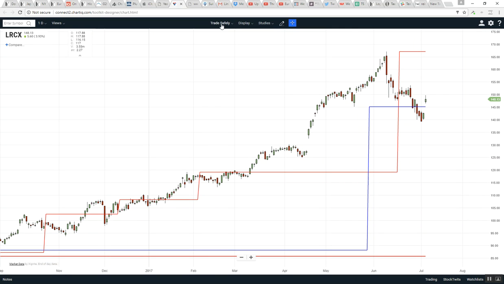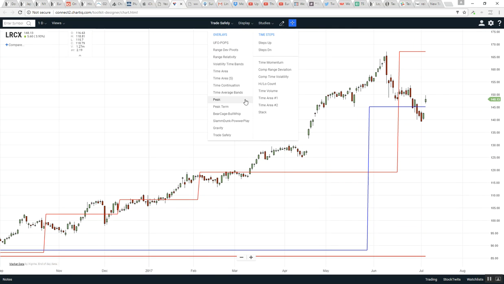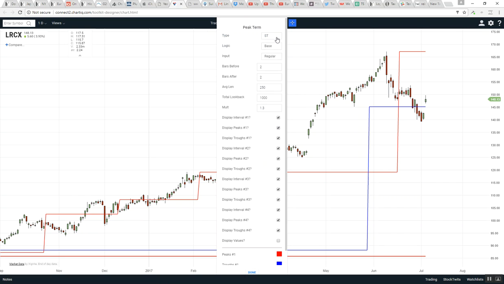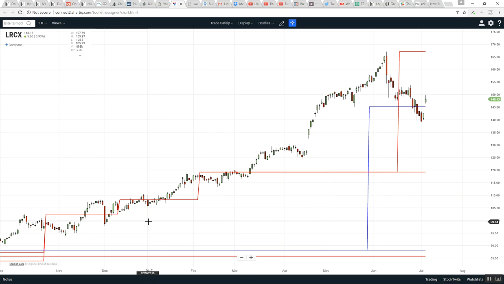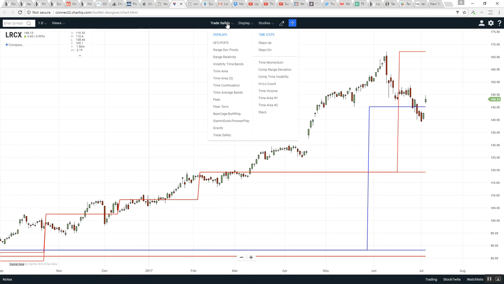chart. Now we also want to come back into that peak term study and add the expansion study as well, energy study as well. Okay, so you've got two types of support and resistance now. Next thing to do, for me personally, I like to use,